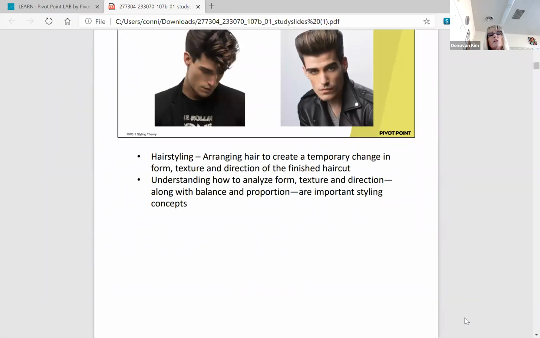So the definition of hairstyling is arranging hair to create a temporary change in form, texture, and direction of a finished haircut. Okay, so if you understand how to actually analyze something, then you can probably pretty much figure out